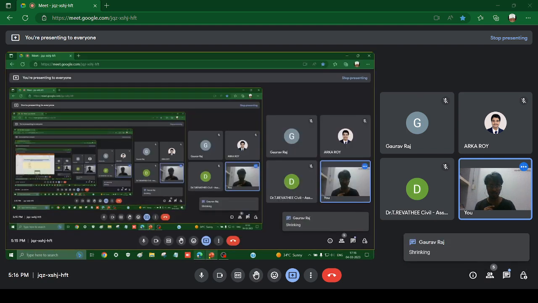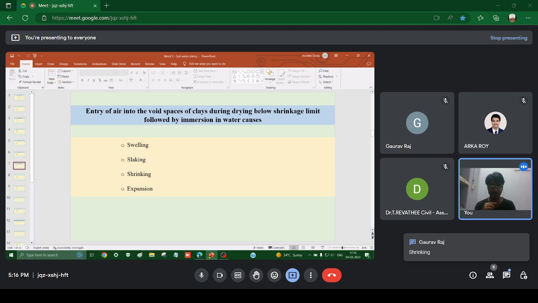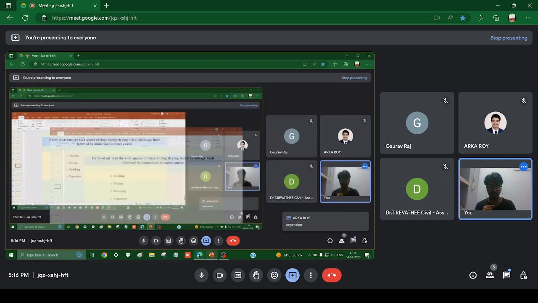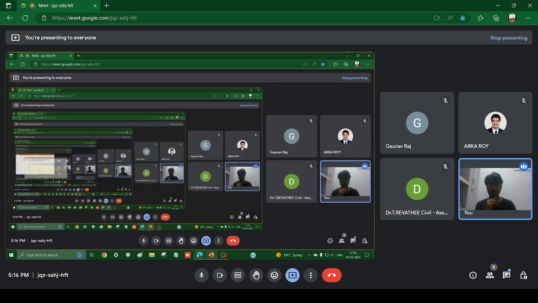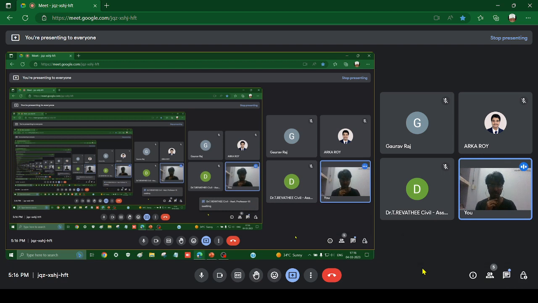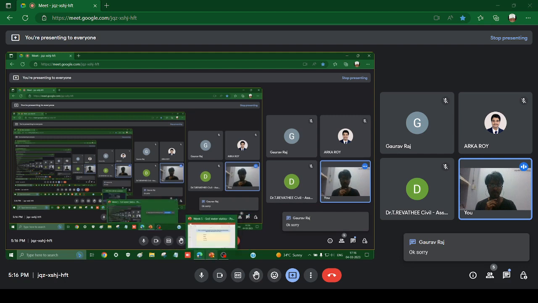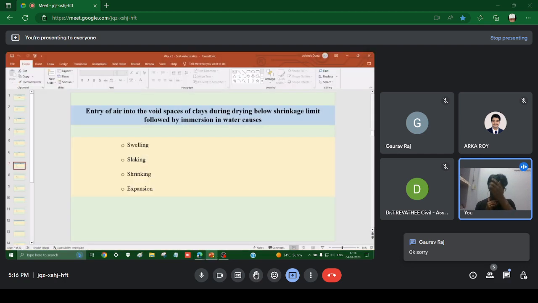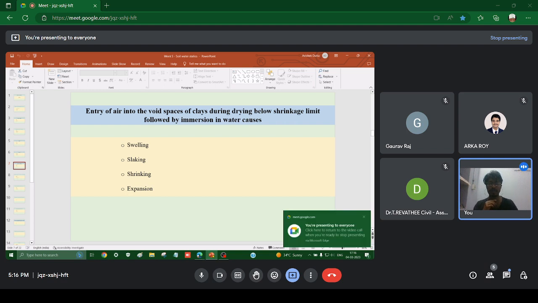Again, Gaurav Raj, you need to write the answer in the chat box. Just solve it. I'll give you time to solve all the answers. Okay. You need to write the answers in the chat box. You can just solve the questions right now. It's okay. Just solve these questions. I'll give you enough time to solve the answers after I dictate all the questions.